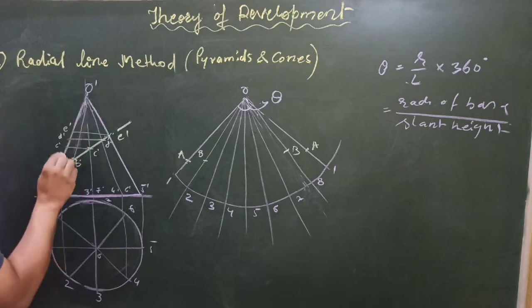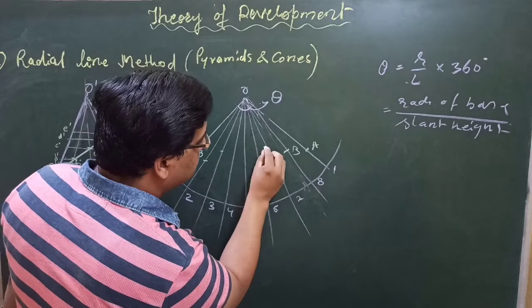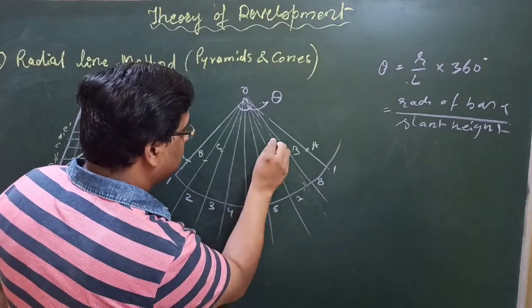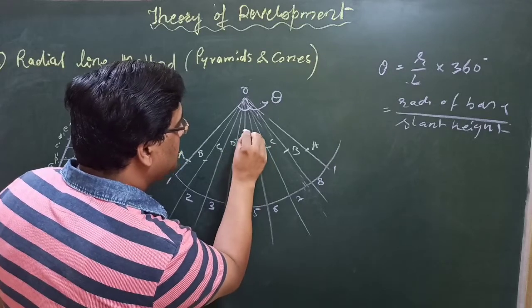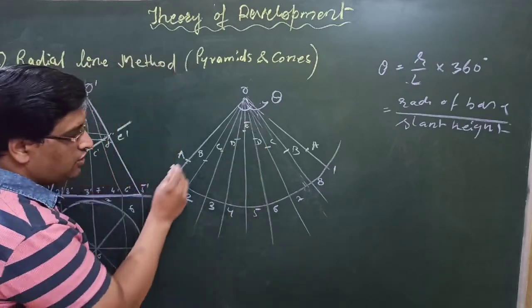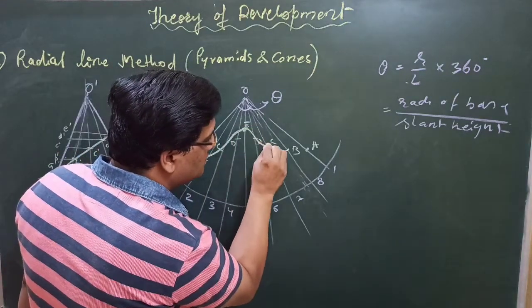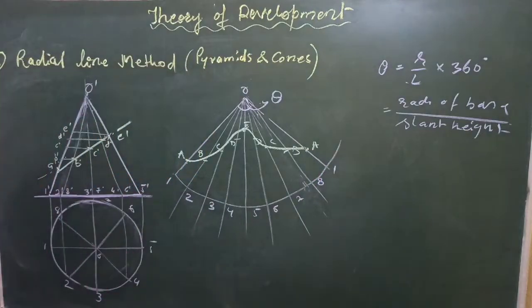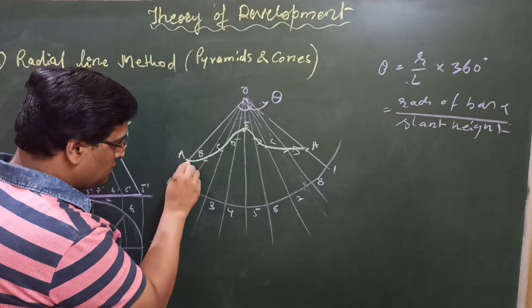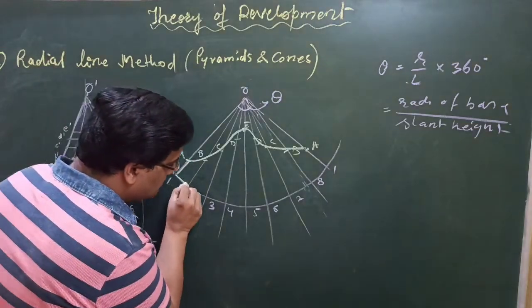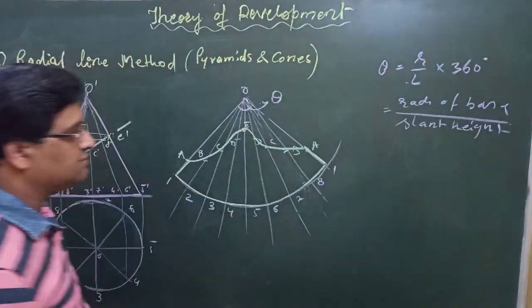Similarly C, this you have to cut on 3 and 7. So C, then D and then E. Join all of them with a smooth curve like this. If lower part has to be shown, just darken this line, this arced part, and this much only.